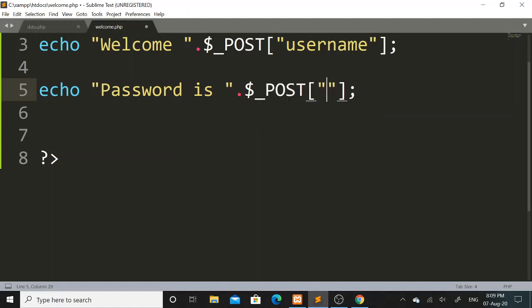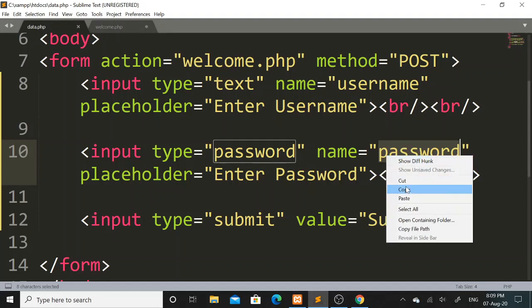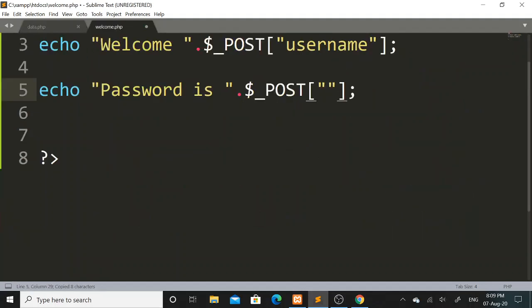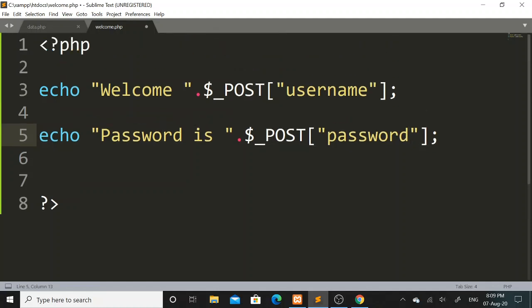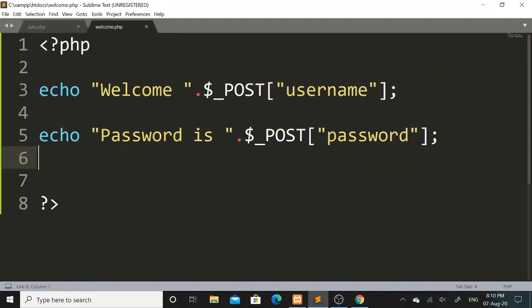In the POST variable in double quotes I will pass this password text which I had set in the name attribute. So here I will copy this password text and paste it over here. So when I run this web form and click on the submit button, whatever username and password is entered by the user will appear in the next welcome.php form.